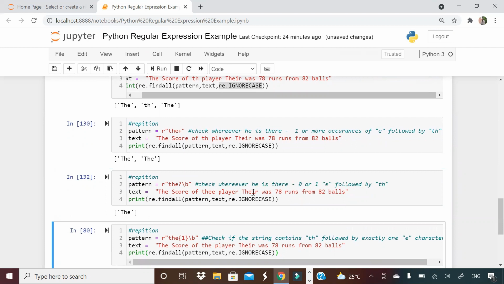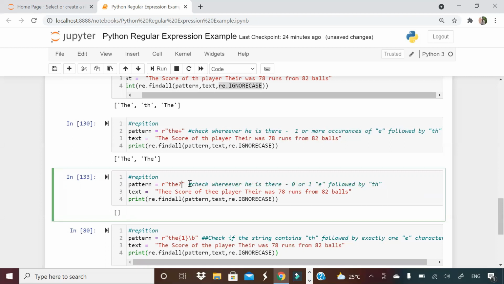See, that is not coming now. Okay. So what I want is only THE and only 0 or 1 occurrence of E. Okay. So that is the reason it is coming. If I give here one more E, this will also not come. Okay. And if I remove the word boundary, then these two things will come, but these are meaningless.